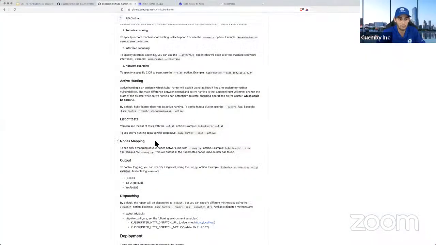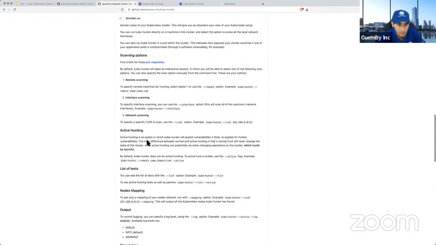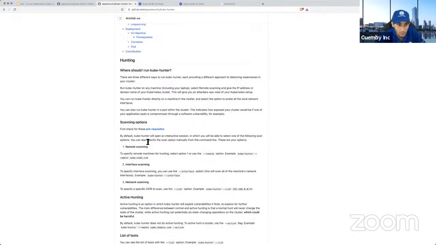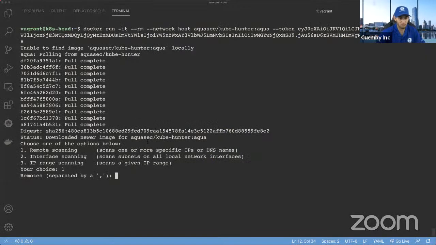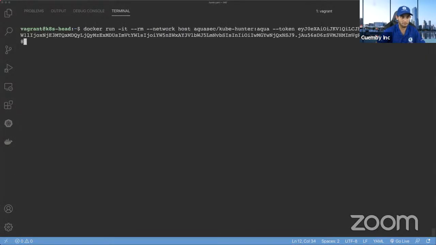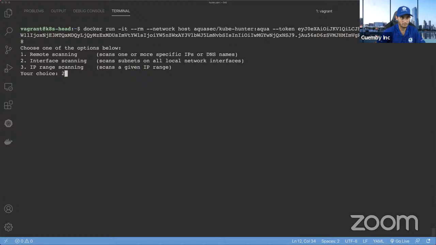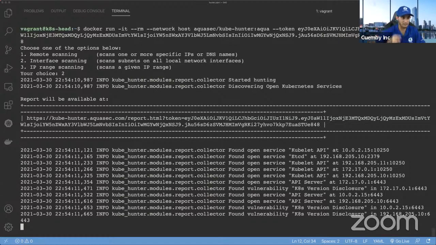You see, this is what happens when you don't read the documentation. Scanning options: to specify remote scanning, select option 1 or use dash remote. For example, hunter remote, some node.com. Interface scanning, interface. Oh, let's do option 2 then. I think it's the one that we want. It says interface scanning, scan everything that you can find there.